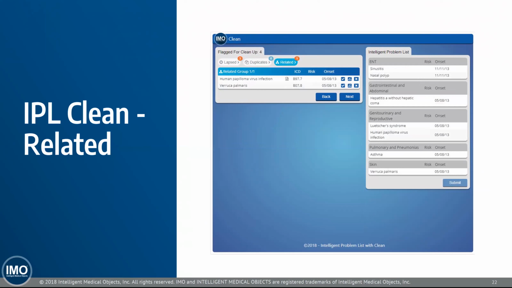So real quickly, as David goes through this, keep in mind that although our best practice recommendation and hope is that clinicians will go through all 3 steps of these by clicking next, they can exit this workflow at any time by clicking done. So if they're in a hurry and they just deal with the lapsed category, that will be saved and they can exit out of that.